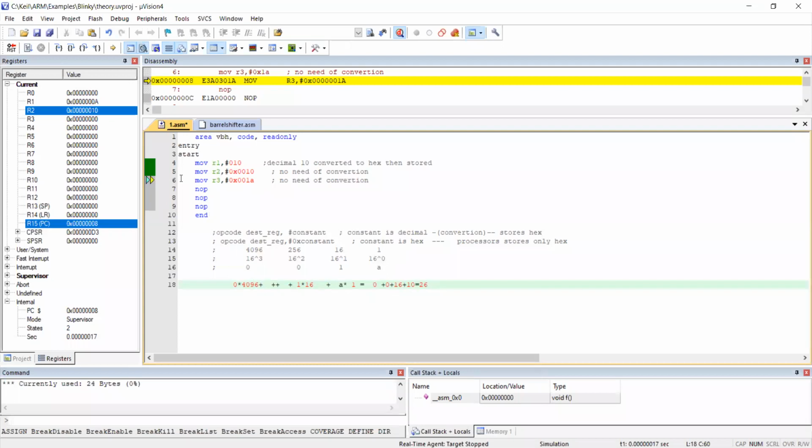This is how we have to understand what I am loading onto the resistor, what we wanted it to be, and what is the actual value in the resistor. Fine now. But if it is 26, my question, please answer. Will I get 26 in the R3? How many of you say yes?